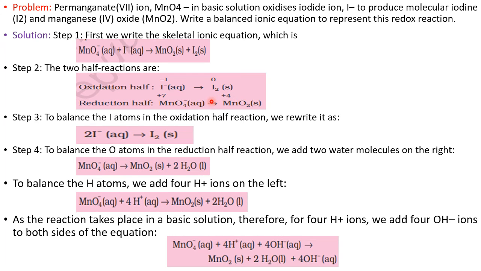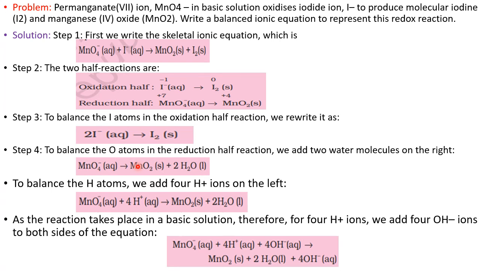Before you go for balancing the number of electrons, first let us balance the number of atoms that have undergone change in the oxidation number. Iodine is 1 here, iodine 2 here. So take 2. So I have taken 2 here: 2I minus gives I2. So I have balanced the I. Now let us balance the atoms which have undergone change in the oxidation number in the case of reduction. Mn is already balanced, so no need to balance. So same thing I have taken. This you have to take care.